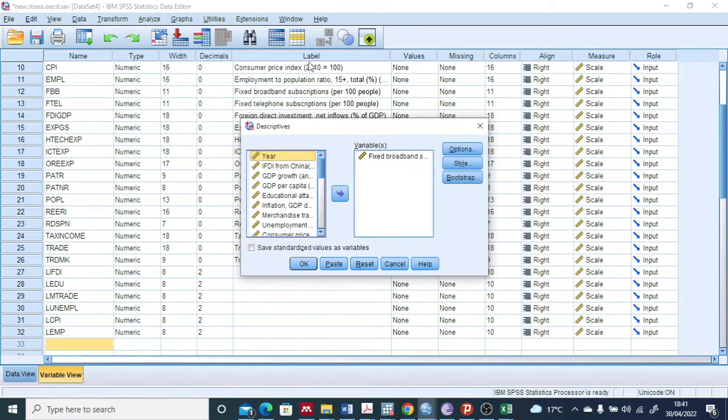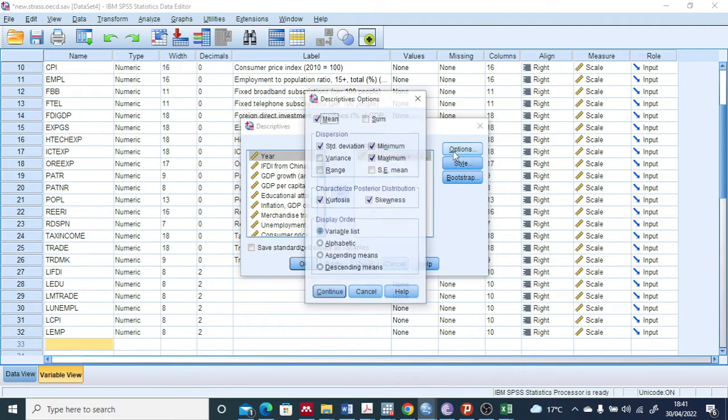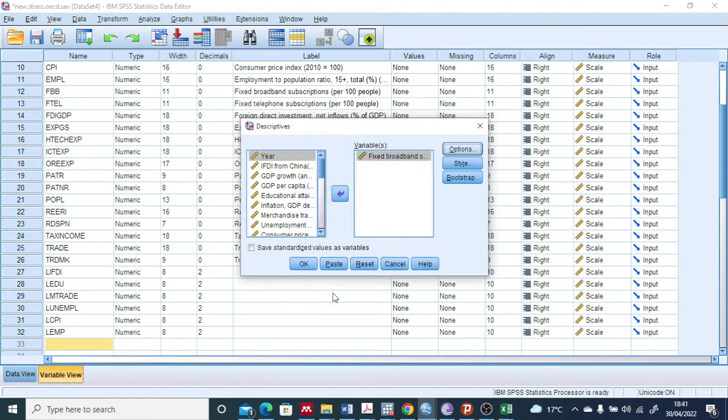I already have this negatively skewed variable over here, fixed broadband connections. So I've already put it here. You have to go to Options and click the skewness and kurtosis options, and then continue